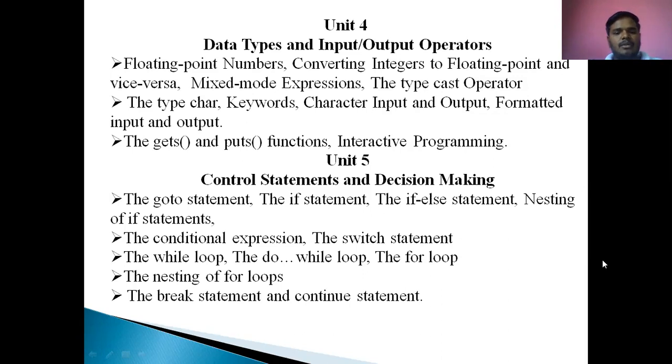After that, in Unit 5, we learn control statements and decision statements. That means true and false part programs, such as greatest among 2 numbers, greatest among 3 numbers, then calculating the addition of 1 to 10 numbers. There is some condition in a program, then we learn control statements and decision making. So with this, we go through the goto statement, if statement, if else statement, nesting if else and else if ladder statement. Then the conditional expression, that is the switch statement. Switch is nothing but a jumping statement. We will learn the jumping statement.